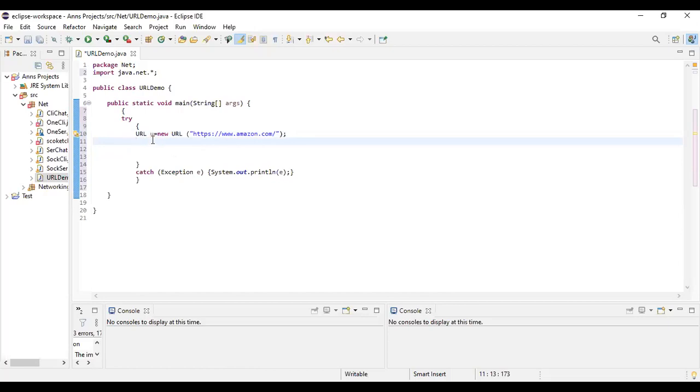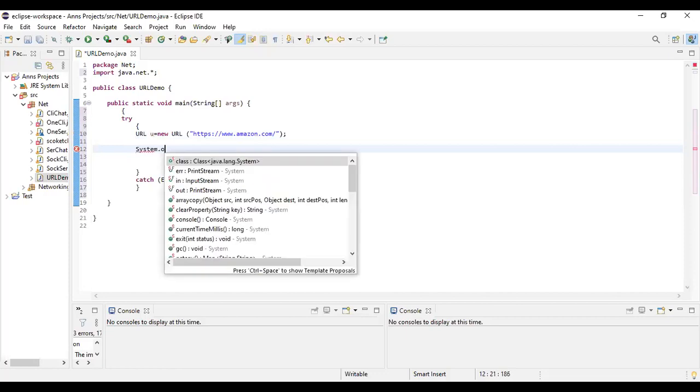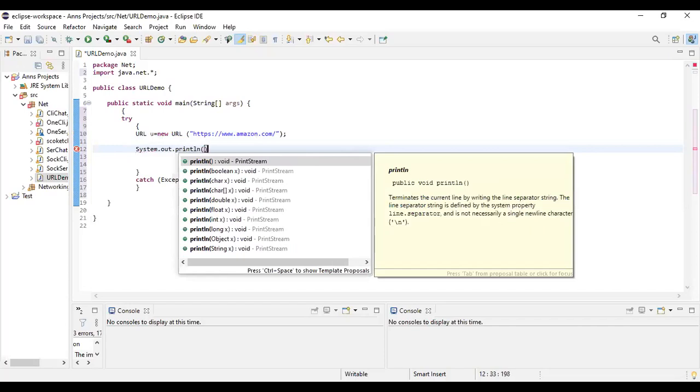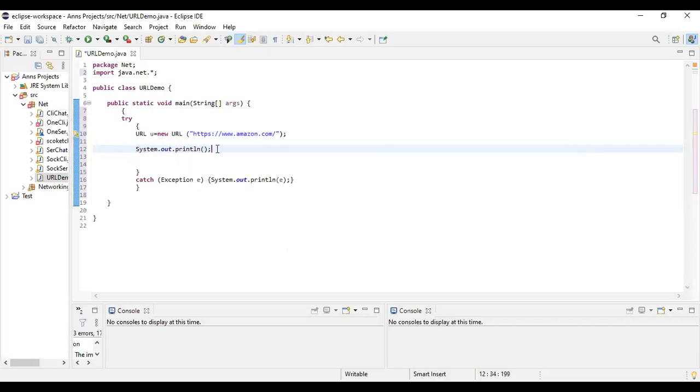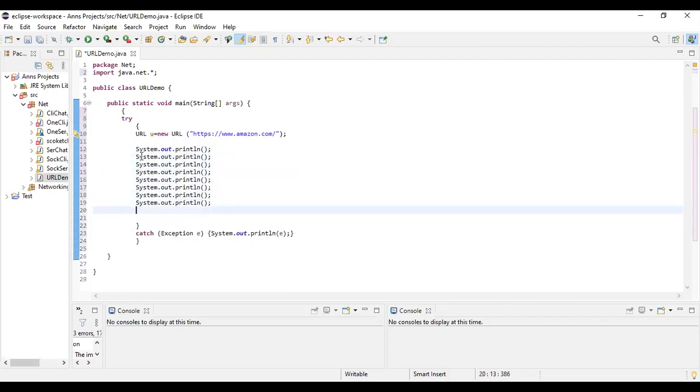Now, let's see all the metadata of this particular URL. If you want to get your URL printed, System.out.println, I'll just have lots of SOPs so that things are easy. If you want to see www.amazon.com, simply an SOP will not do.